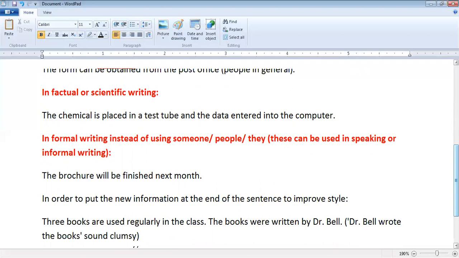Like the chemical is placed in a tube, then they will not say that I have placed the chemical in the tube, because it is obvious. So in their notes they will say the chemical is placed in the tube, and the data is entered on the computer in every classroom. They will not say कि भाई every day I enter the data in the classroom, because it does not mean, because it's kind of obvious because they enter the data. So instead of saying we enter the data on the computer, they will say that data is entered on the computer every day. It's a passive voice because they are making short notes in their scientific writing, in their notebook,